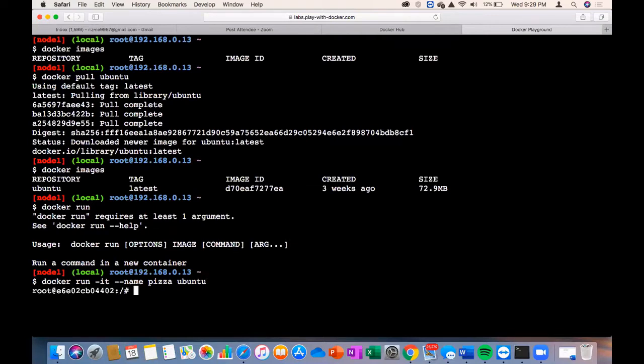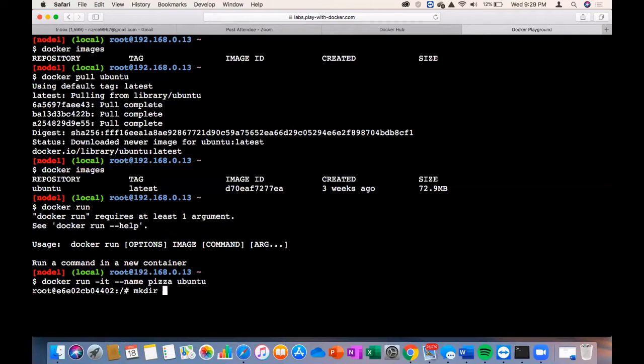Right. So now your container is created and you are inside the container. So you are inside that Linux container. Here, whatever command you want to run, you can run. For example, I want to create a directory. So you can type the command mkdir, a space and any name.